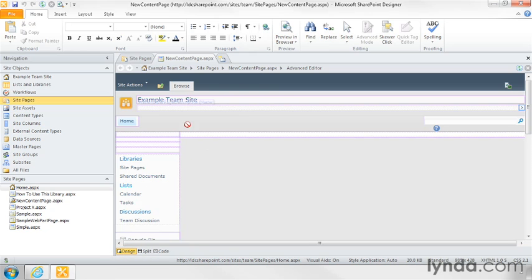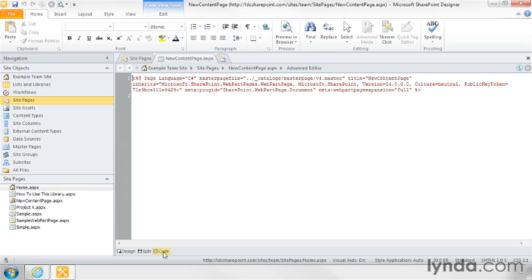We can see that we're using a master page. We've got the Site Actions menu, the ribbon. We've got the logos, the titles, the navigation. But if I actually look at the code for this page, this is it. I've actually got one tag here. It's splitting across a couple of lines just because I've got word wrap turned on, but it's really one tag. And all this line is saying is, I'm a content page who uses this master page file,